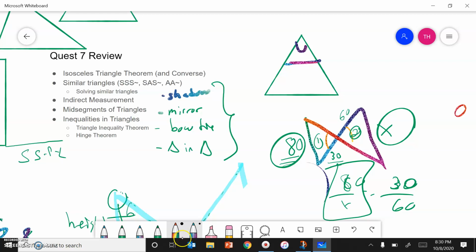If you're trying to prove triangles similar, you have to remember that. But for this part, you already know they're similar. So if I've labeled this as 20, and then this is D, and this is 40, and this is 50,